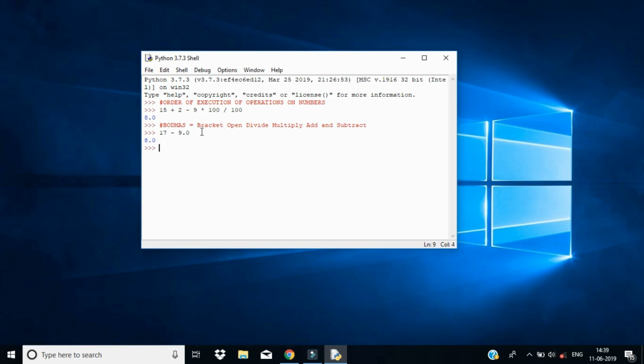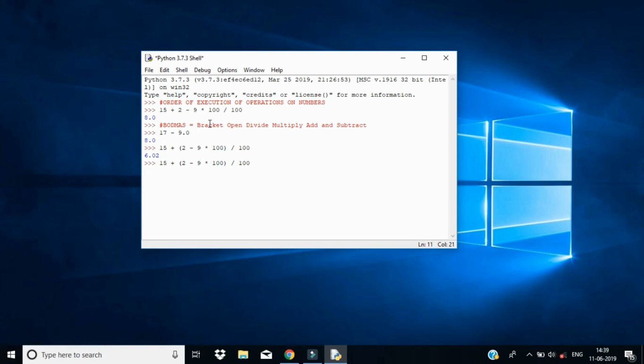If I want to execute 2 minus 9 star 100 first and then the rest, then I use brackets. The first concept is brackets open, right? So I'll say 15 plus bracket open 2 minus 9 star 100 close the bracket by 100. This will perform the bracket first. If I open the bracket, I have to first solve this. Let me make it clear again. I'll copy paste and then solve it: 2 minus 9 star 100 is to be executed first.